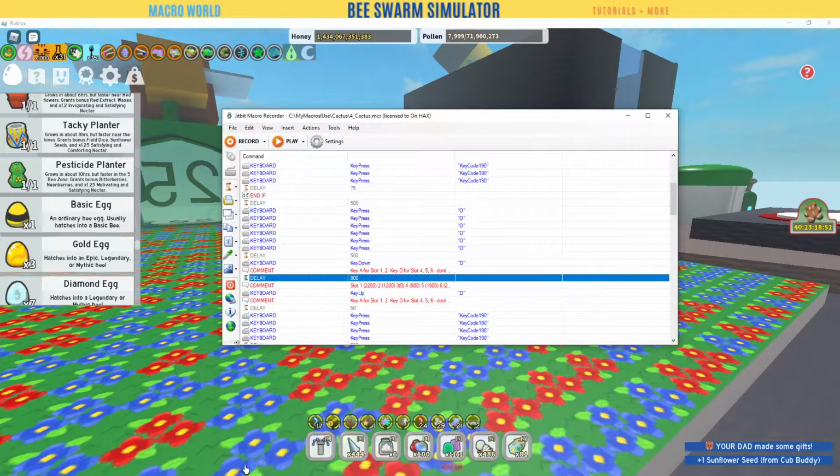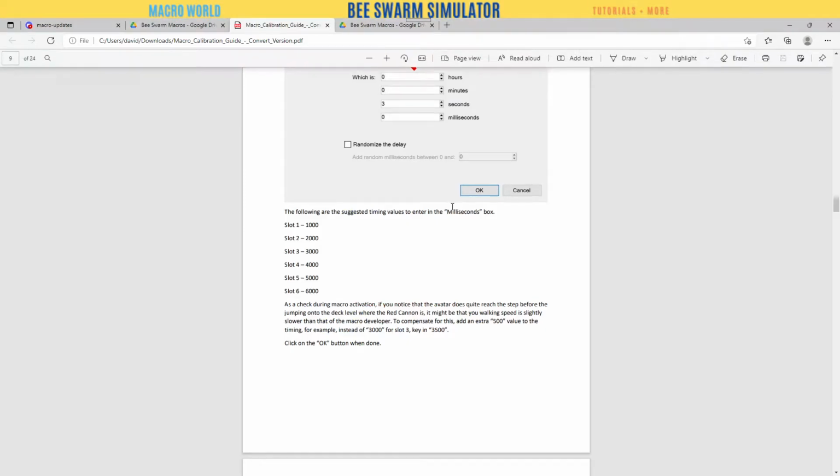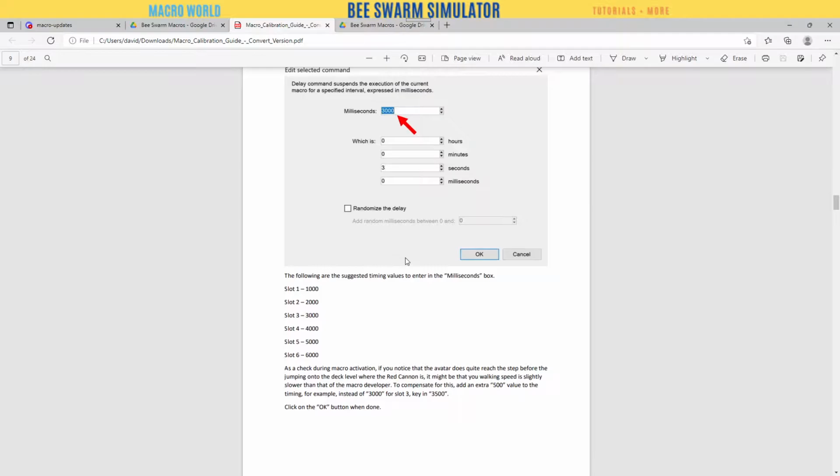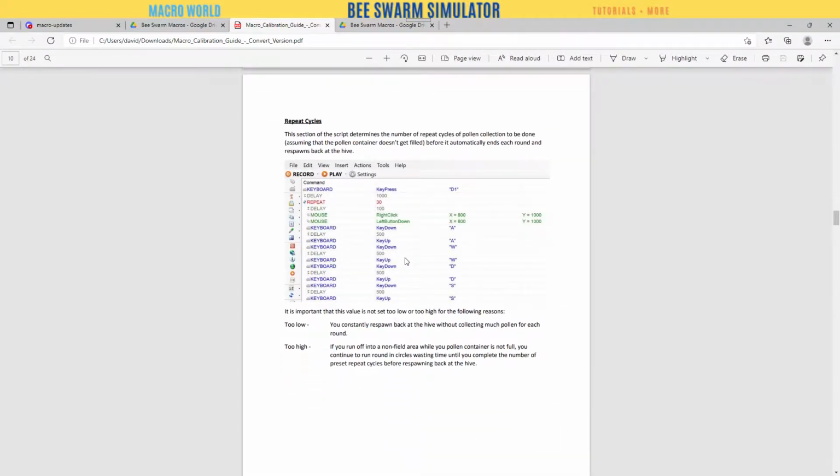All right, back to the PDF. Hit OK when you're done. That was page 9. Page 10, repeat cycles. In this section, it repeats the cycle that you run. Okay, too low, yep, you won't collect a lot of pollen. Too high, you do have that issue of running